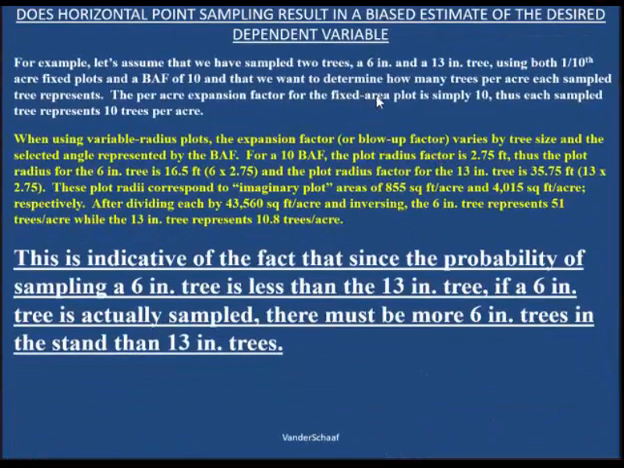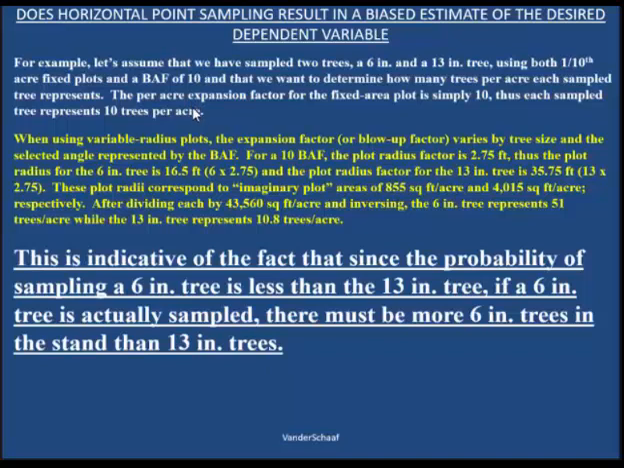That's the good thing about fixed radius. For whatever size plot that you're doing, you just take the inverse, and that's the number of trees represented by that tree being sampled. So on a 1/10 acre plot, each tree sampled represents 10 trees per acre. That's easy, but the basal area